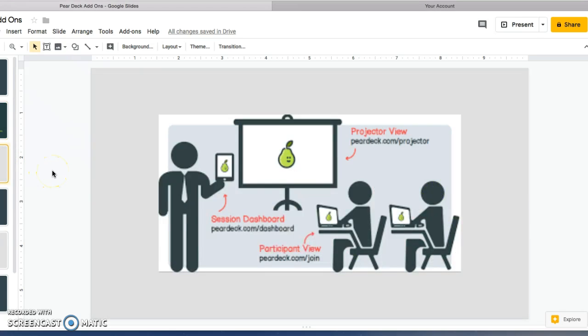First of all, Pear Deck can engage students because each participant has their own view. So there's a view on the projector, the students each have their personal view, and it benefits the teacher because they can view student feedback on their own device. And as we will see in a minute,